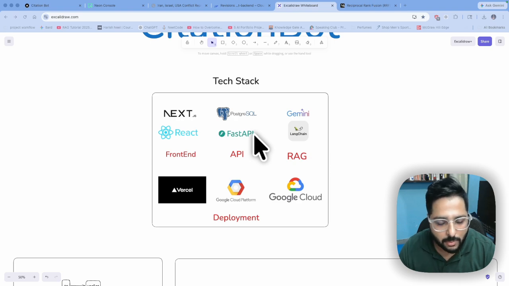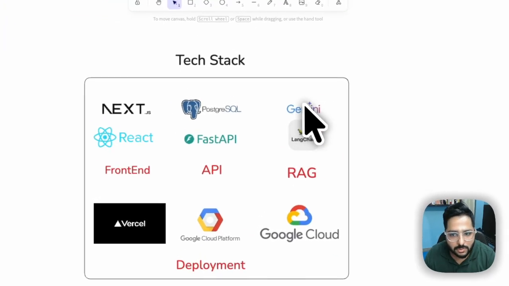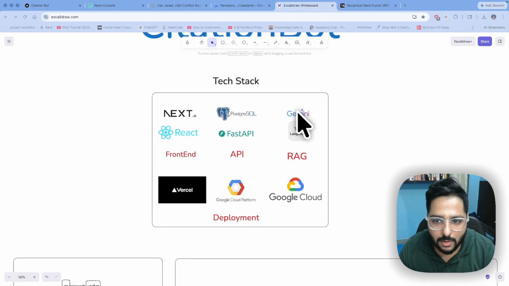For the vector database, I've also used PostgreSQL because it is also an industry standard. For building the RAG, I've used Gemini as an LLM and LangChain as an orchestrator. The front end deployment is done on Vercel, and the backend deployment is done on Google Cloud.